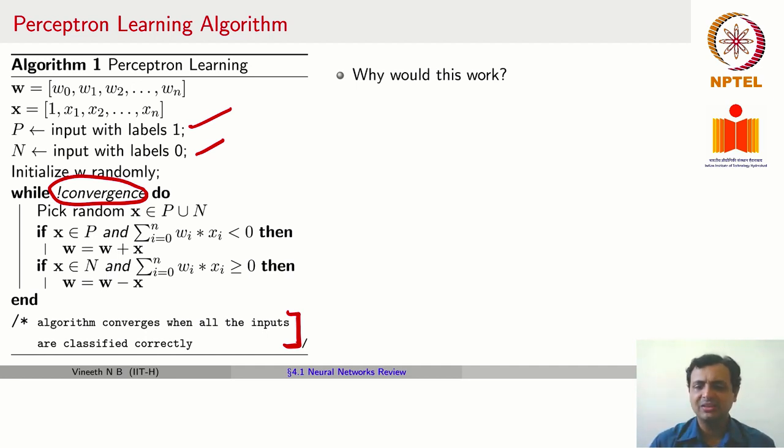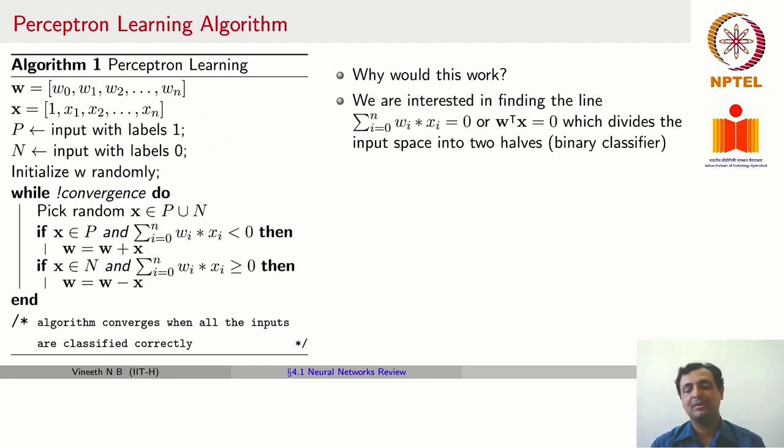But now let's ask the question, why would this work? Why should we add x to w? Why does that constitute a learning procedure and why would that improve the quality of w? Let's see that a bit more carefully. Remember, as we said on the previous slide, that a perceptron is a model of a line because it's effectively w x plus b, where the b gets subsumed as w0. So it's the equation of a line, right?